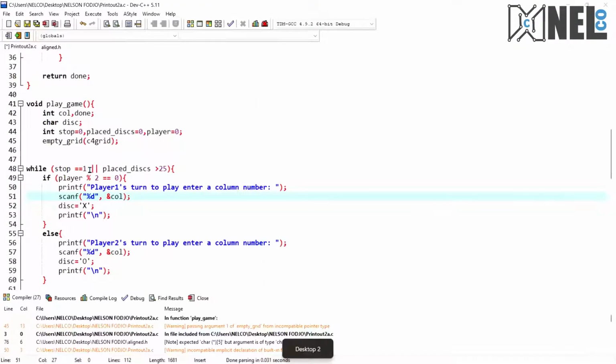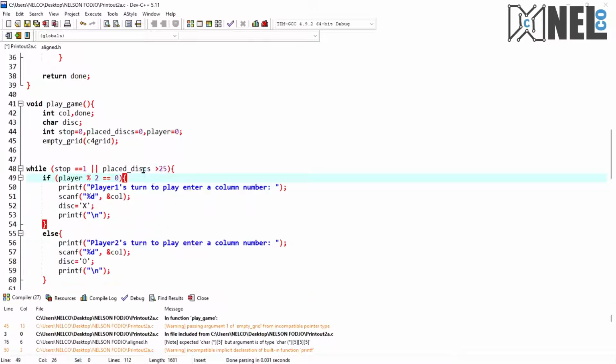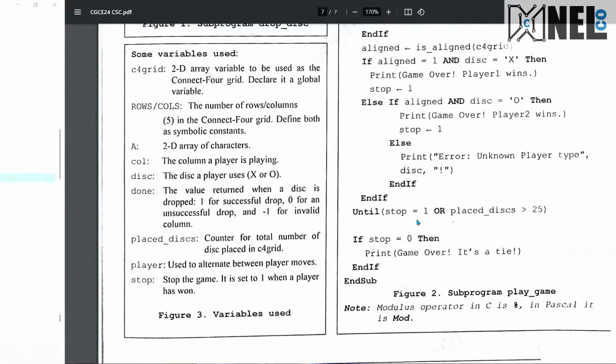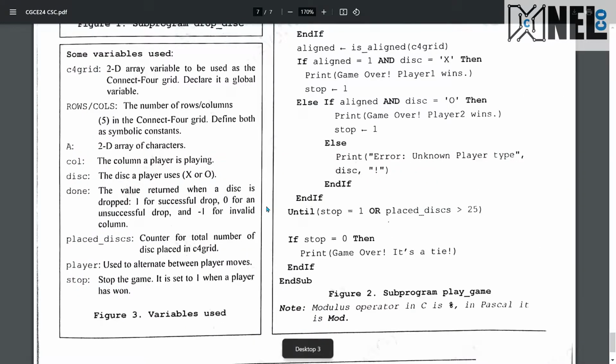Whereas the condition that is usually put inside the while loop is the true condition, like what should happen for this block of code to continue repeatedly. This is the breakout condition instead. Oh my bad. This is the breakout condition, whereas this is the true condition. So to do that, we are going to have the opposite